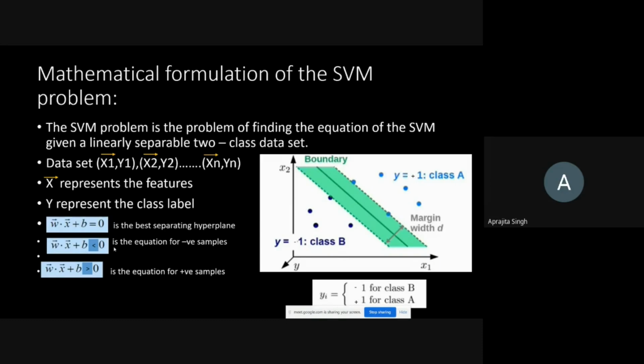And this less than 0 is the equation for negative samples or B samples, whatever, B class. Positive sample मतलब class A. So if this equation gives less than 0, it is for this particular line, and greater than 0 is the equation for the positive samples, meaning the samples are on this particular line. So the Y values, the class labels y1 y2 and all of them are -1 एक particular class के लिए, +1 for a different class. This is how we are actually looking at it to solve the